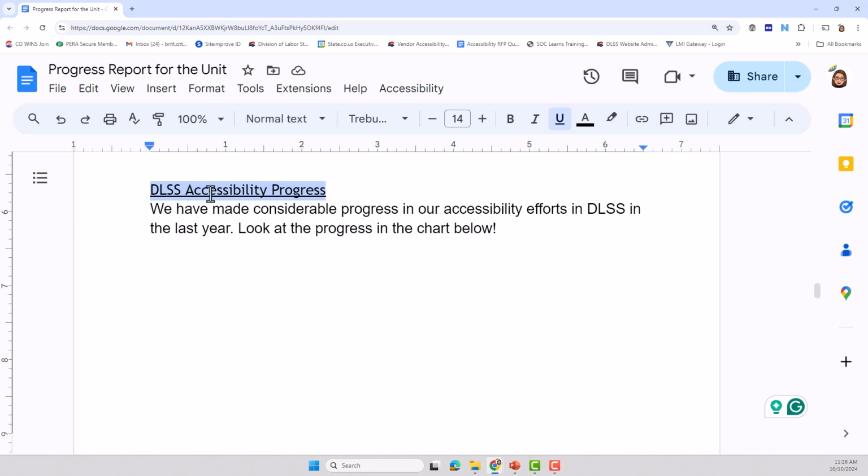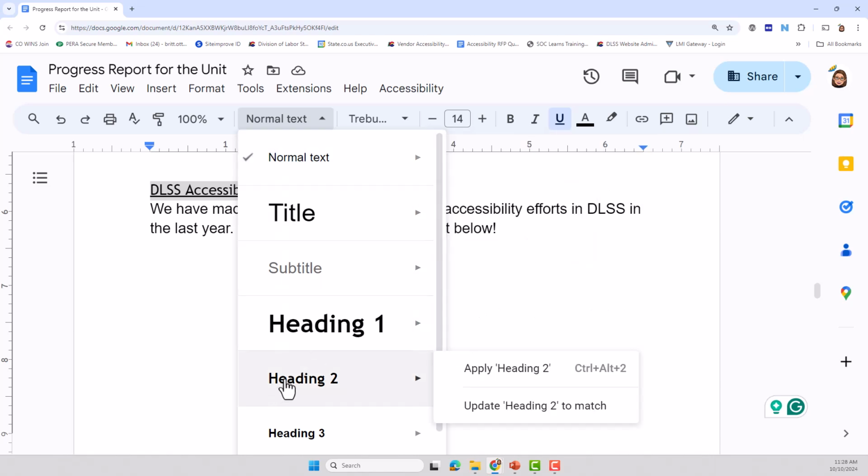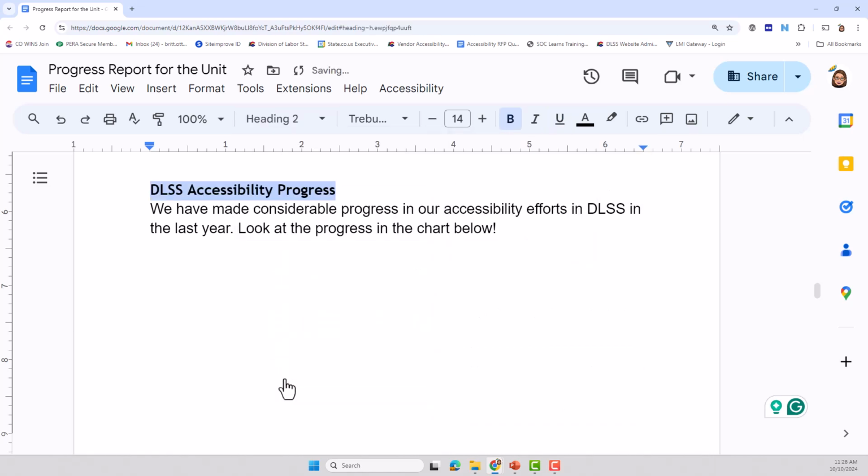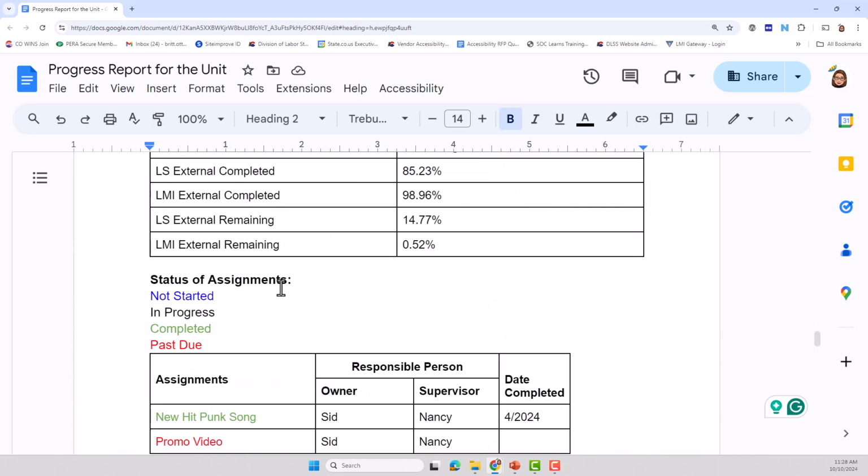And although before I removed the underline, which I still want to make sure happens, the cool thing now is since I've updated my heading 2 formatting, I'm actually going to go to my styles menu, and now I can select heading 2, and it will automatically update my formatting and apply the heading 2 to my heading. So the style removed that wonky underline, and it applied trebuchet and bold. So now they are consistent. Wonderful. And now I go through my document,